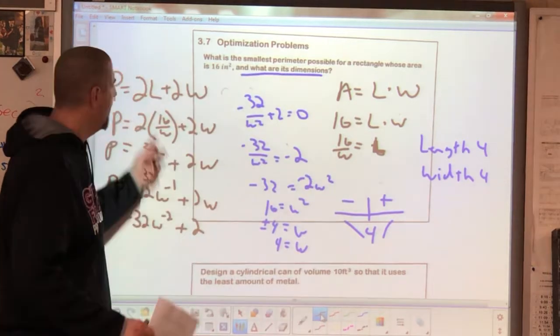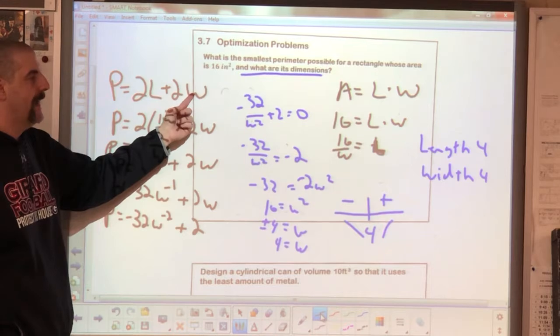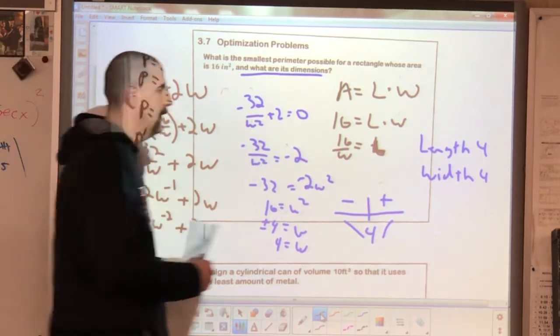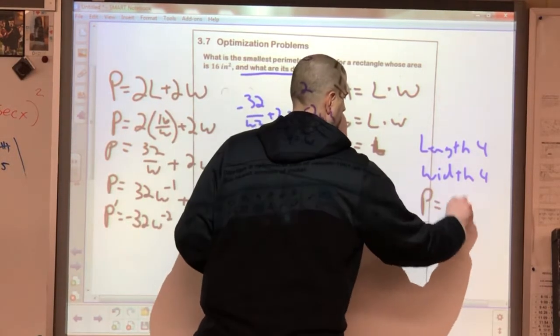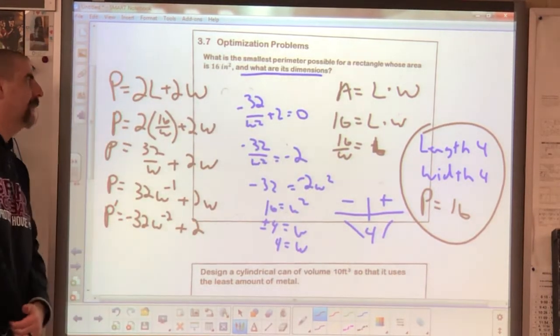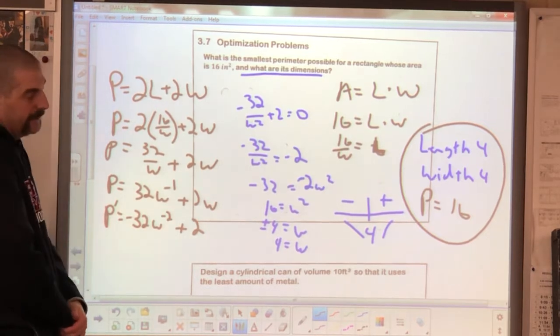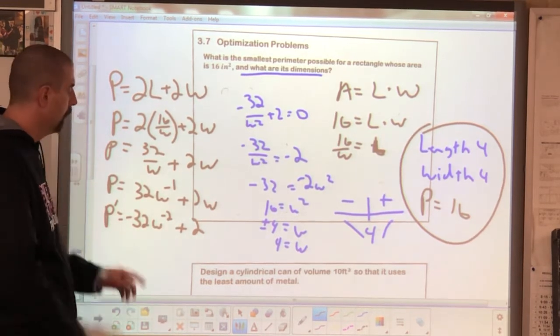To do the perimeter now, all you do is plug it in here. So it'll be 2 times 4 is 8, plus 2 times 4 is 8. 8 plus 8 is 16. So perimeter is 16. So there is your smallest perimeter possible for a rectangle whose area is 16 inches squared. That's actually a square, but again, a square is a rectangle. All right, now,